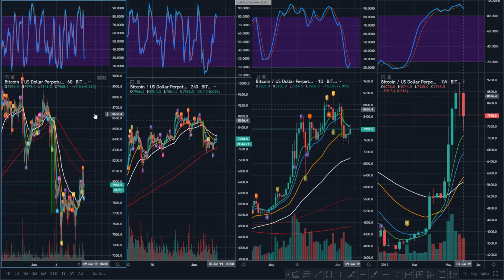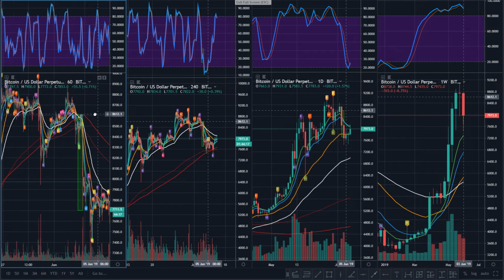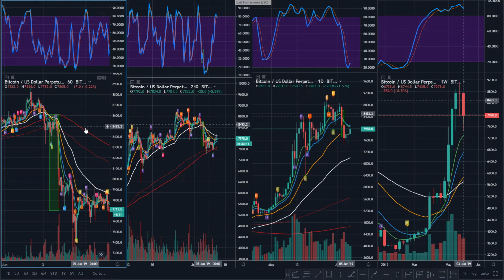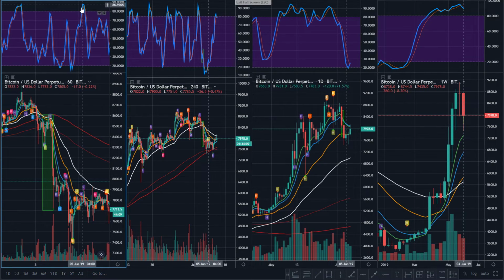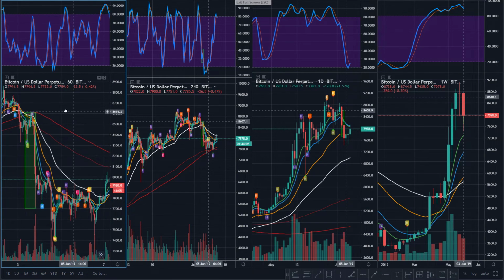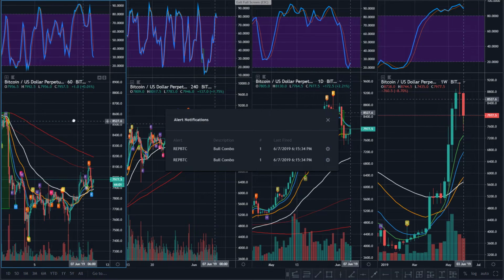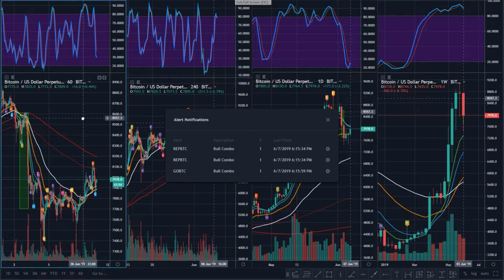If you're in a situation where you have the 1 hour now working on a subset of understanding that, look, it can hang out down here and it can stay down here for a while and have accelerated moves, but it's not going to hang out up here very long, probably 4, 5, 6 bars at the most, sometimes a lot shorter. So what that means is you're not going to make up a lot of ground once you get up there. You have to do your work quick, right? Again, same scenario as when we were very bullish.